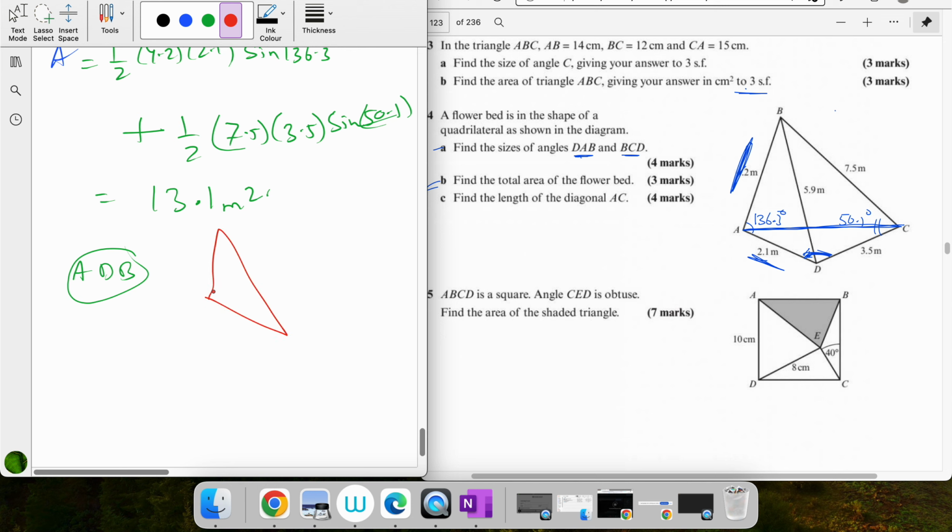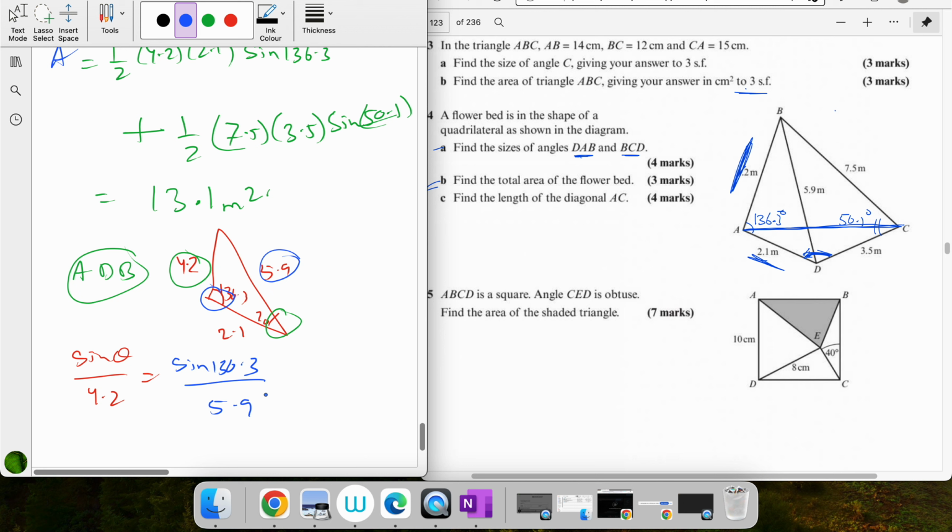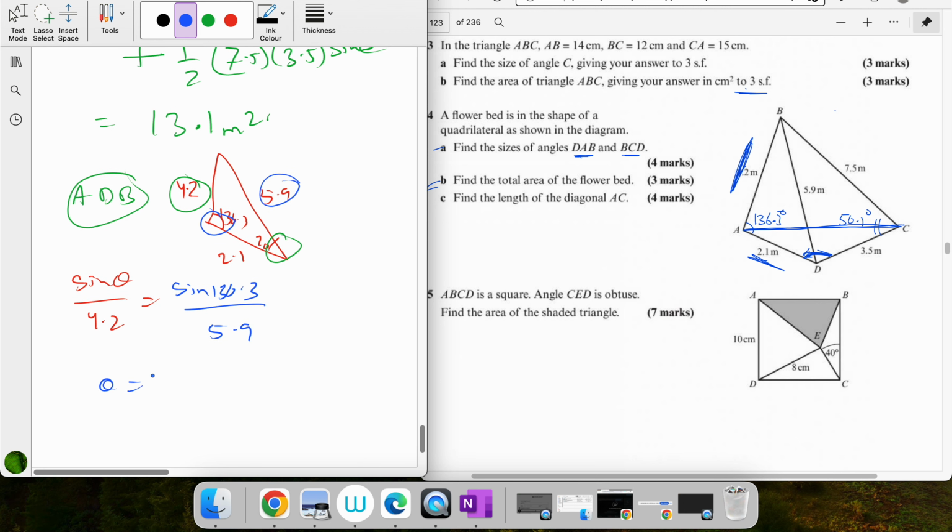I am using this triangle on left, which is 4.2, 2.1, 5.9. We have this angle 136.3 and this unknown angle could be found. So let's write sine of theta unknown divided by 4.2, which is opposite to it, making a pair. These two are making pair, and then these two. So sine of 136.3 divided by 5.9. Theta is equals to 4.2 into sine 136.3 by